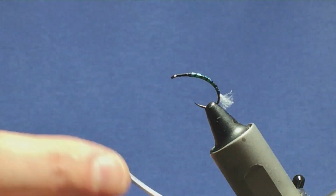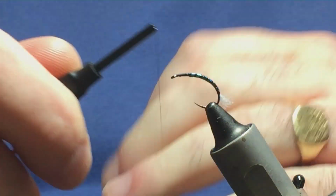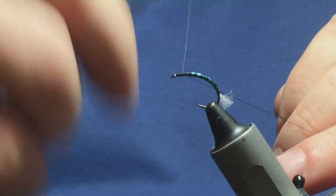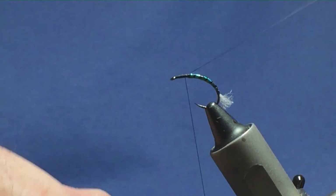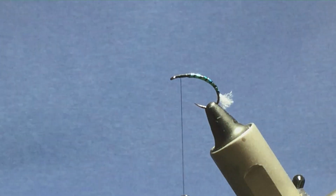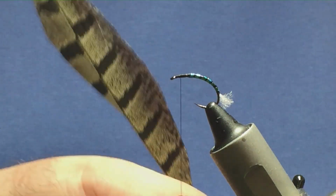Now the thread I'm going to finish off with is a Uni Thread 801 black, and it's just because it's a rounder thread, it's easier to control at the eye. I'm just going to tie a few turns on a thread, take away the waste tag, bring it back down halfway. Now I'm going to have a wing case or a thorax cover, whichever you like to call it, and